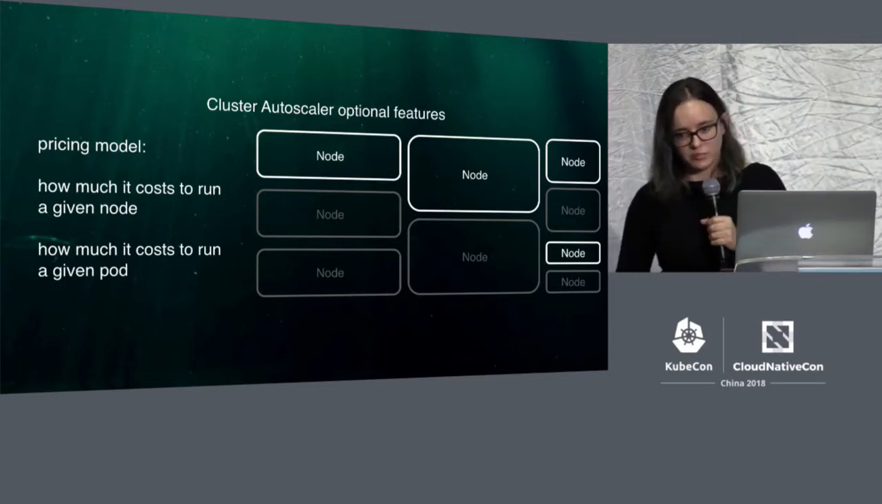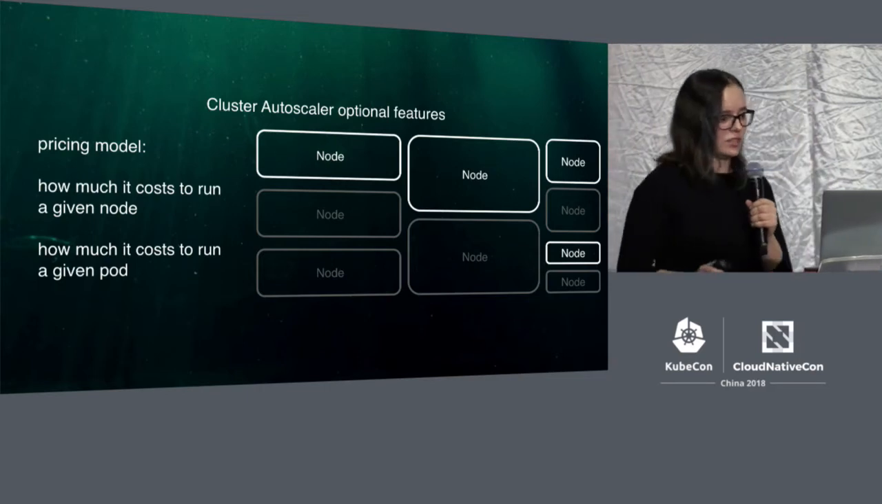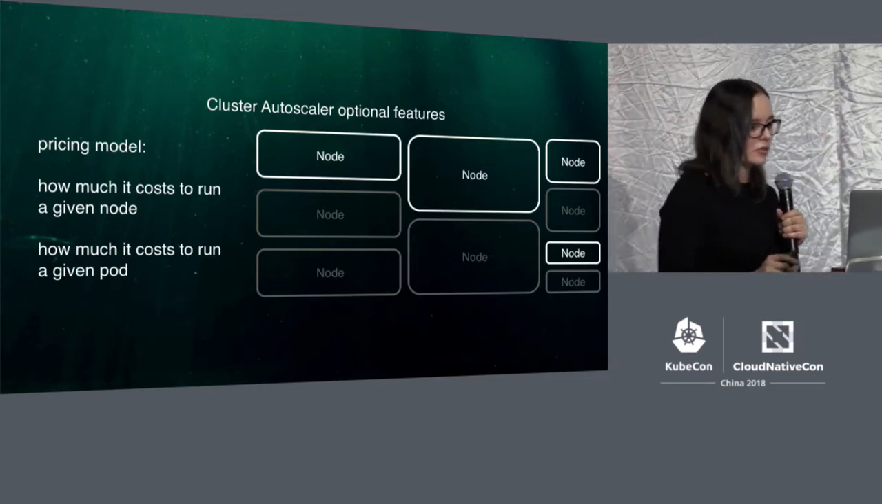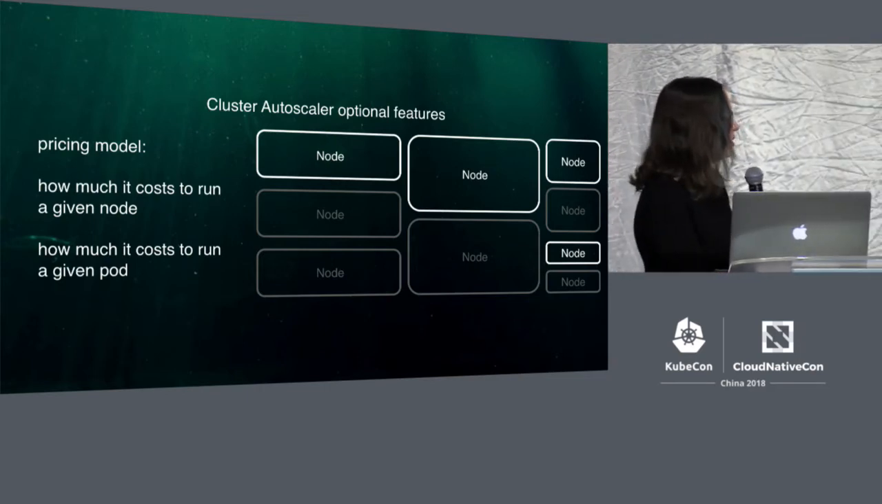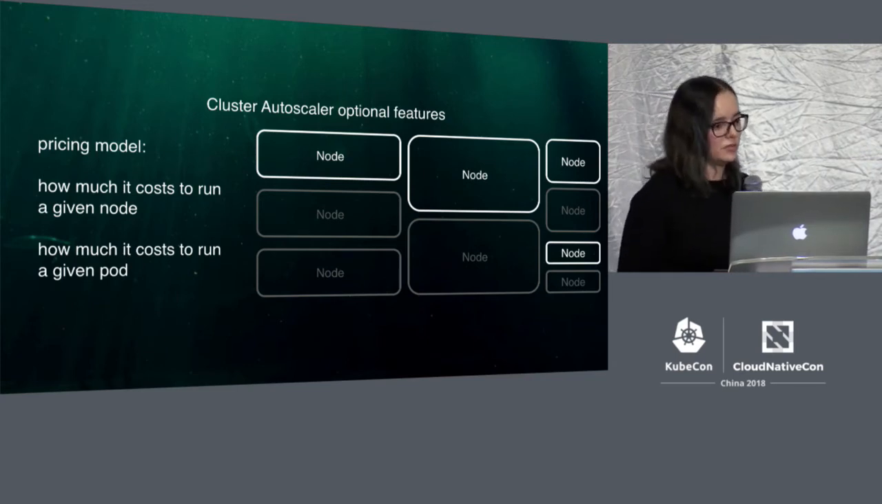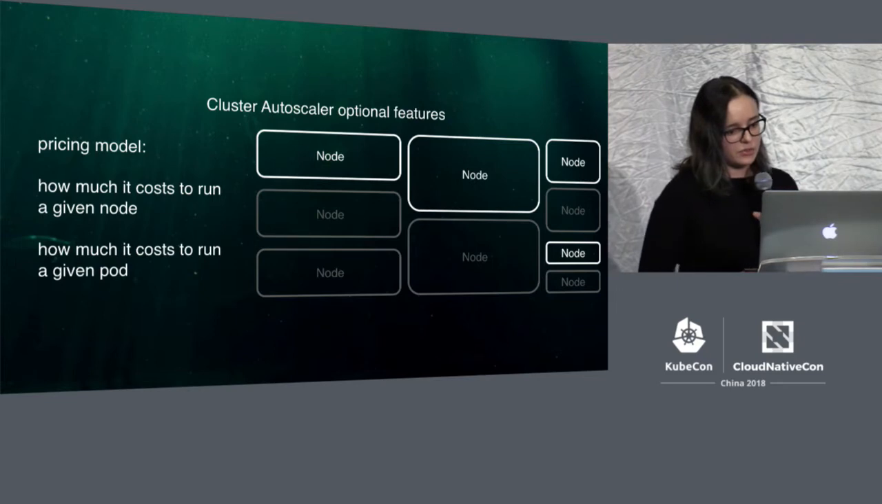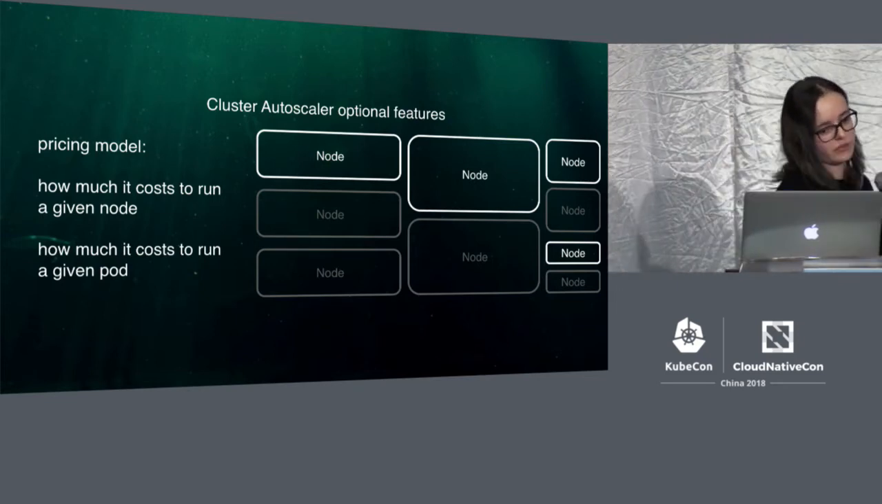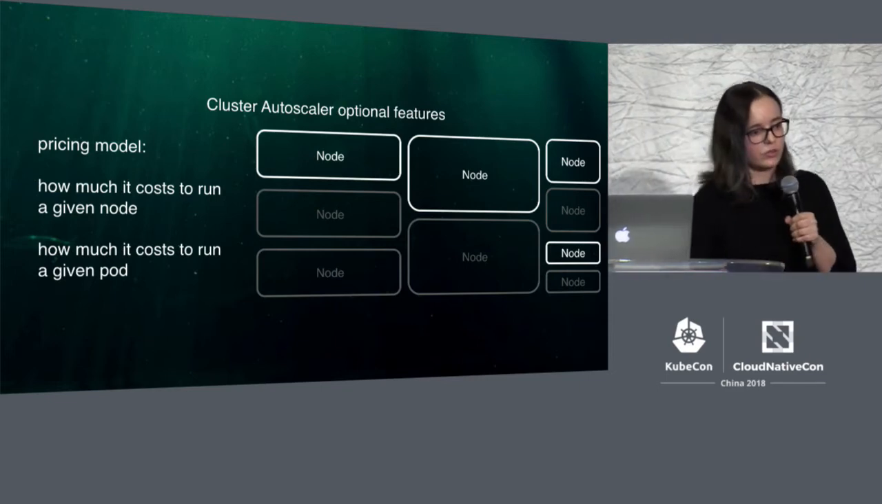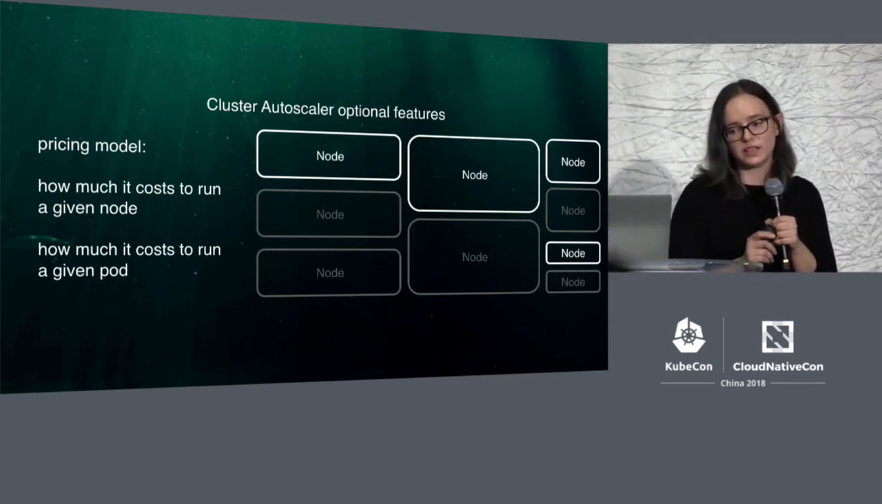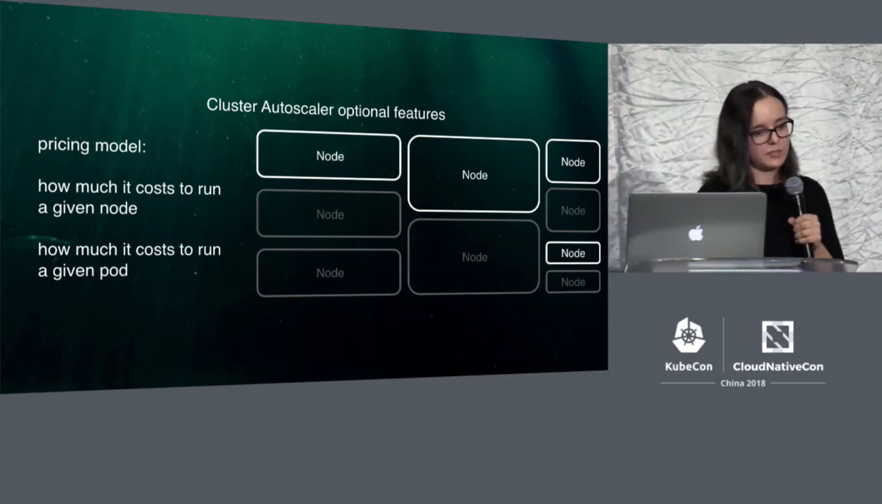And this pricing model needs to answer 2 questions. First is how much it costs to run a given node. This one is obvious, right? We want to know how expensive that option will be. So this is one thing, but there is another, perhaps less intuitive. How much does it cost to run a given pod? And why is that? Well, in terms of cost,